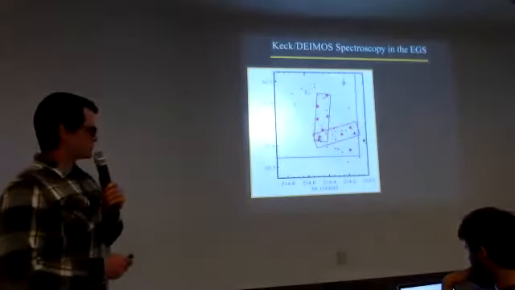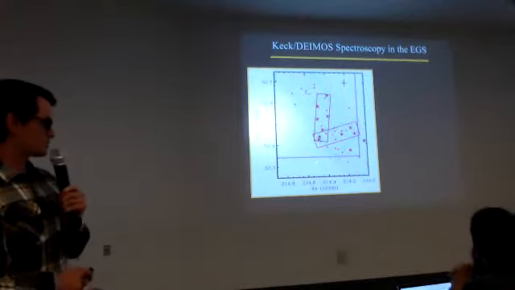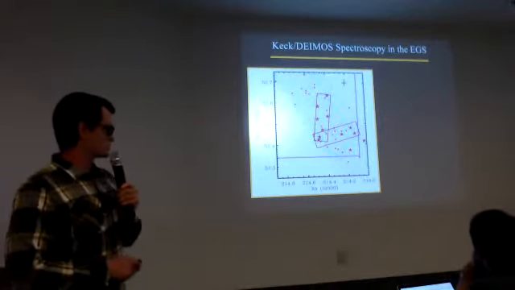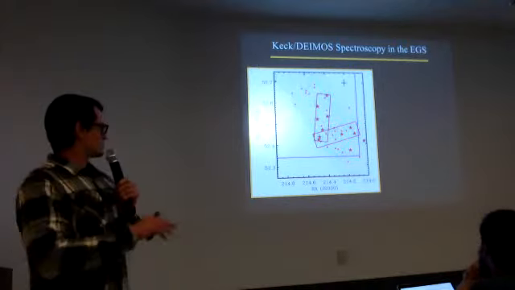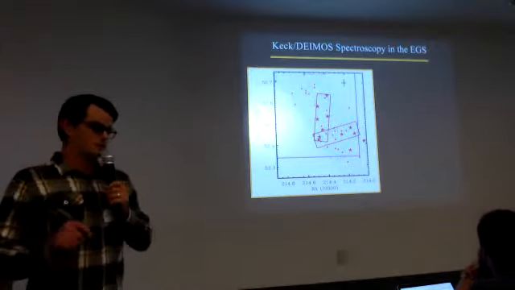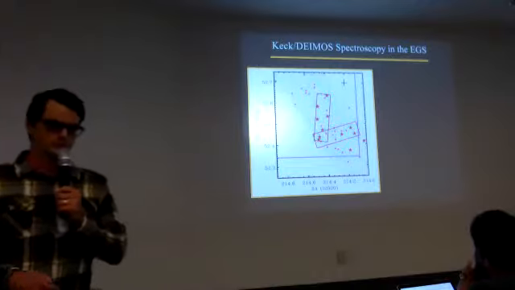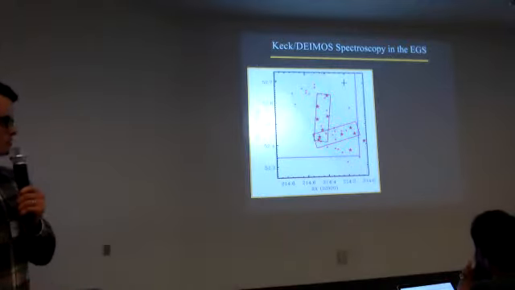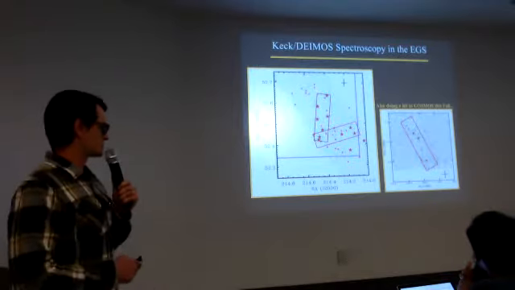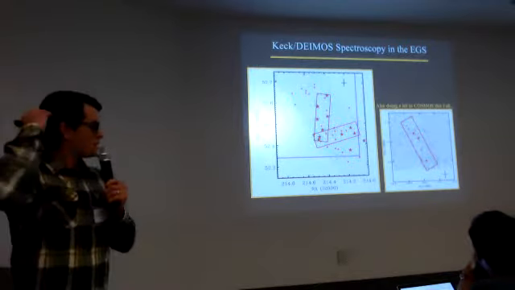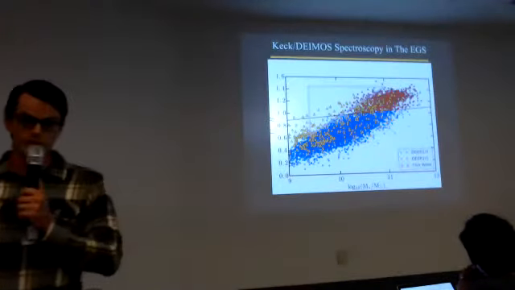Just a quick overview: we're specifically targeting groups in the GROTH strip, and what I'm showing here in the red stars and the orange circles are the group centers, the cluster centers, and the black dots are the DEEP2 and DEEP3 redshifts that we already have in hand. We're also doing a little bit of work in the COSMOS field this fall to supplement our observations. But as this is ongoing work, some of the data we already have in hand, and so I've started to do a preliminary analysis of this data.